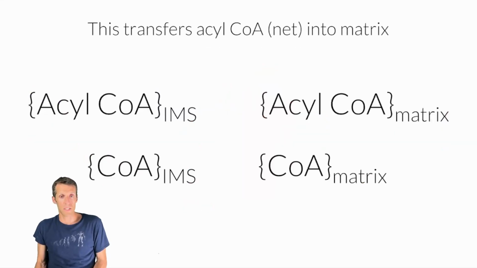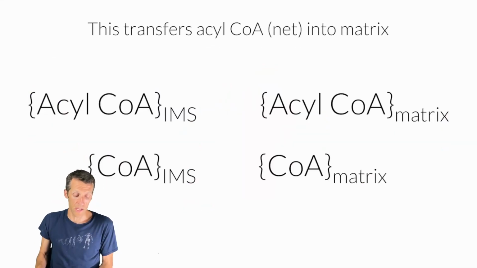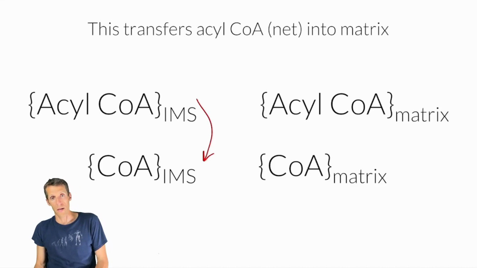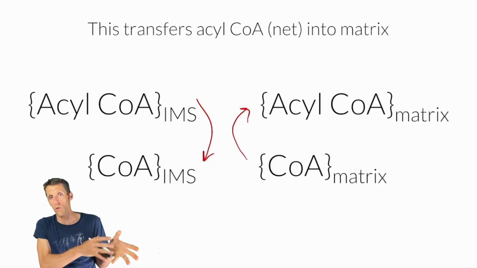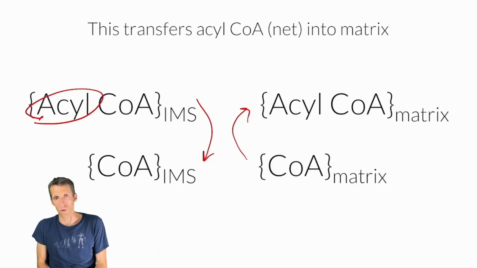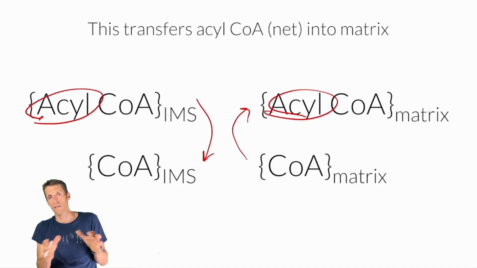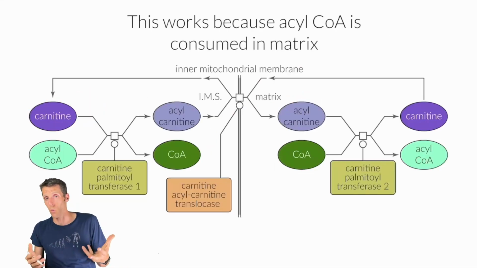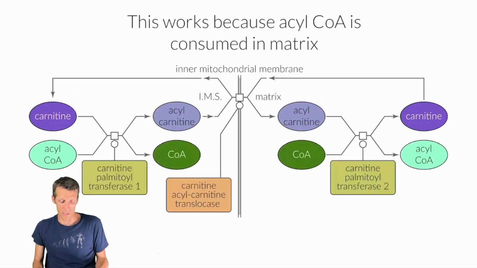So if we put this in schematic form, basically we are taking an acyl-CoA in the IMS, dropping off that CoA, and taking a CoA in the matrix, and sticking the acyl onto that CoA in the matrix. So it's literally just a straight transfer of the acyl from the IMS into the matrix over the sort of slick carnitine shuttle move. Now, the reason this actually works energetically is because the acetyl-CoA is being consumed in the